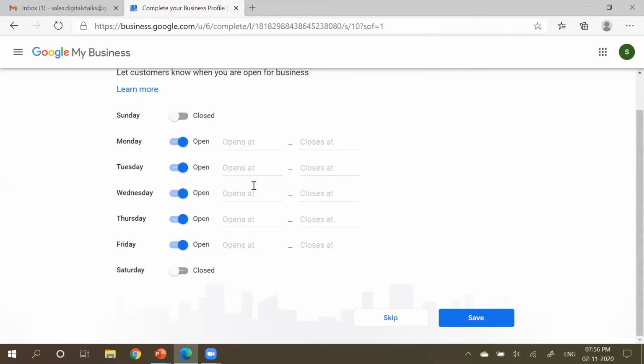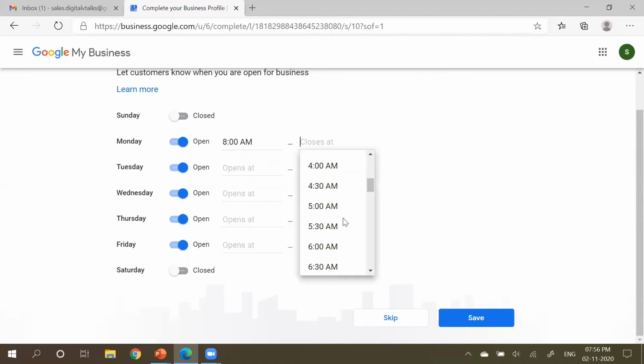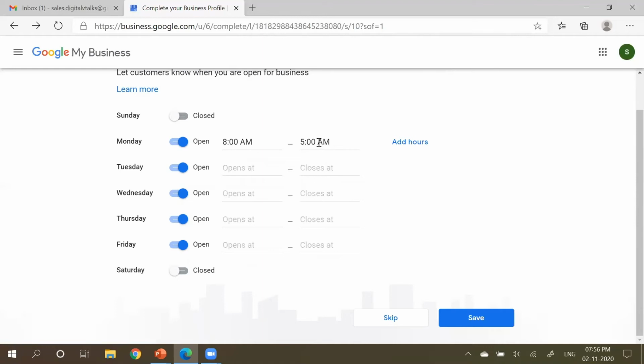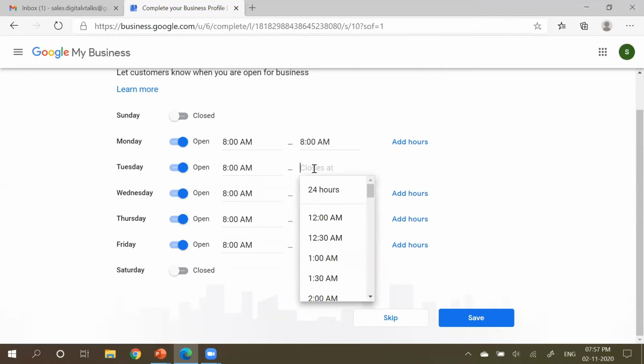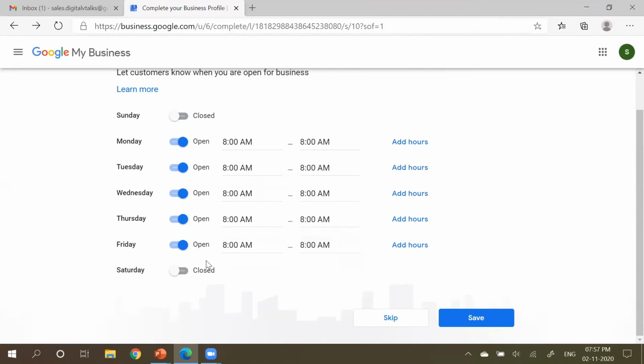So maybe Monday to Friday, you're working from, let's say, 8 a.m. to 5 p.m. Okay, so I just copy it, and maybe on Fridays, okay, wrongly copied, one second, 5 p.m.